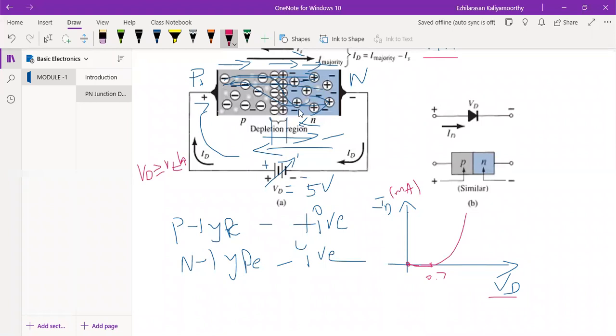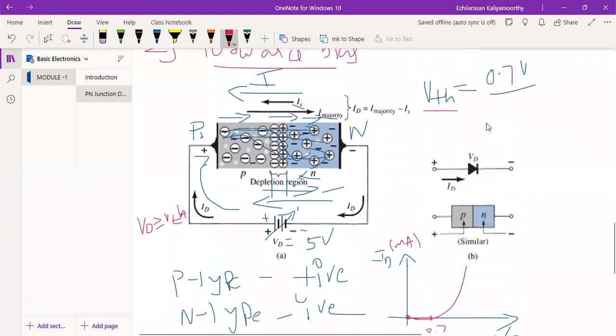So which one is the anode? This is the anode, and this is the cathode. In the symbol, the arrow mark indicates the flow of current. This one is nothing but a barrier actually. So now it stops. The current will flow from this side only. This is a barrier gate. The current will not flow from this side because there is a barrier gate. It won't allow the current in the reverse direction.